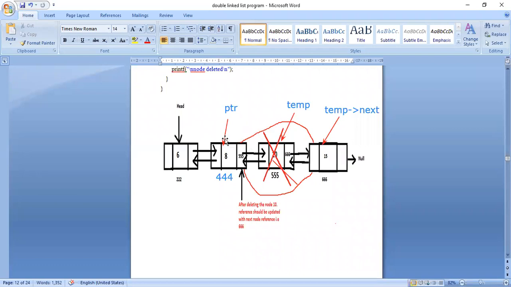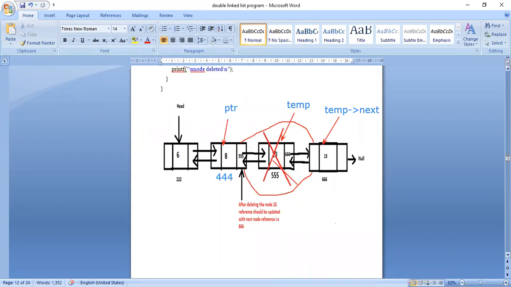First I have identified these 3 pointers. Next, in PTR of next, I have changed the value. Then in the previous part of temp of next, I have changed the value. Then automatically the middle node represented by temp will be deleted. Okay. So in these 3 steps, I think most of you have understood. So 3 deletions are also over.